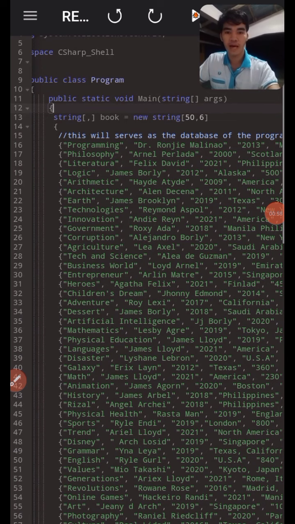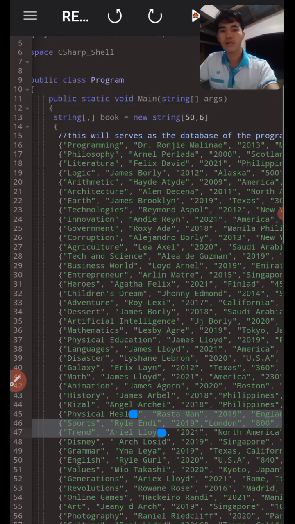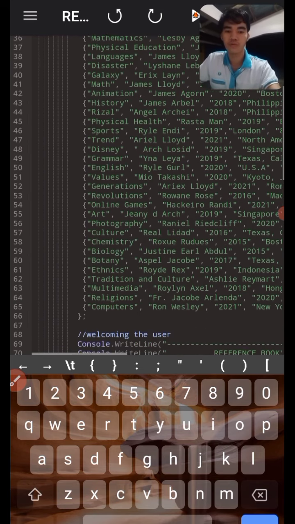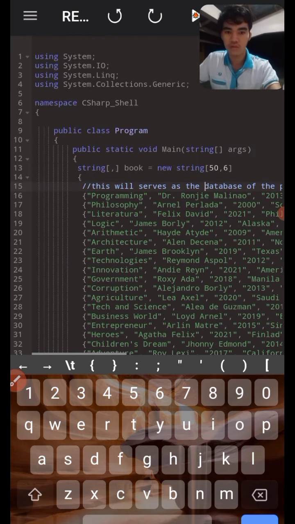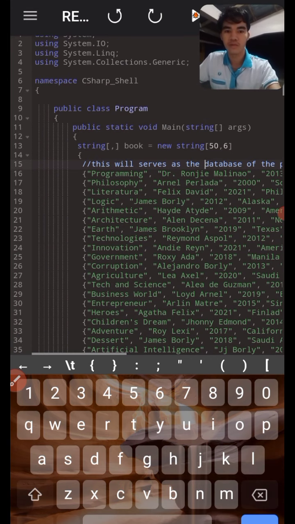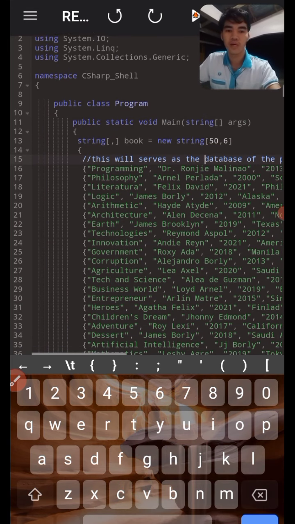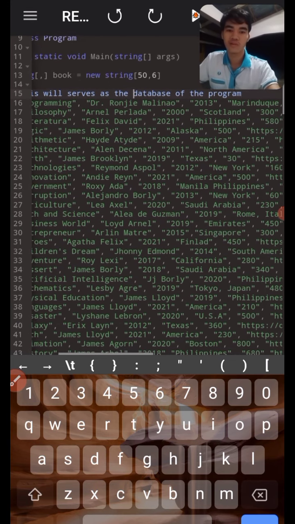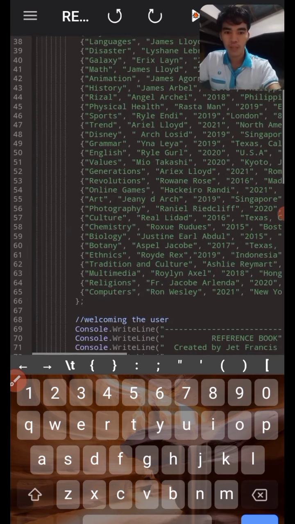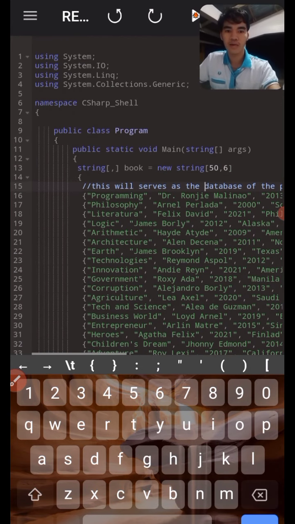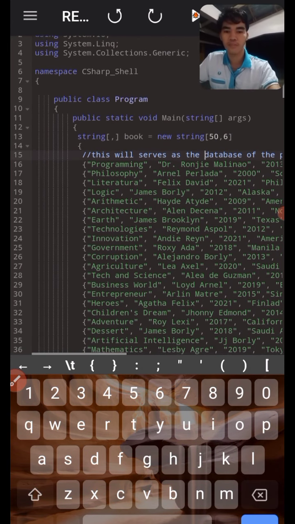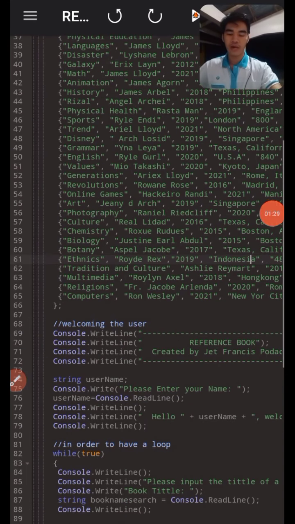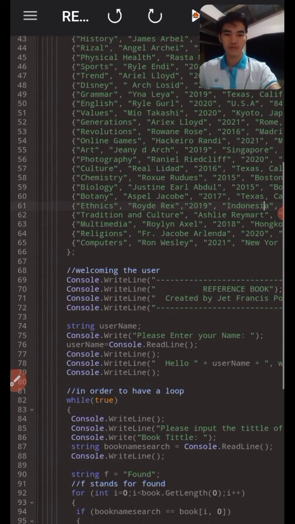Inside the string we have stored or imported the list of books that we will use in this program, and this contains 50 elements or 50 books with 6 ranges or 6 details of the books. That's why inside this access operator we have 50, the number of books, and 6, the ranges. Then I close the array using the curly brace and then move into the